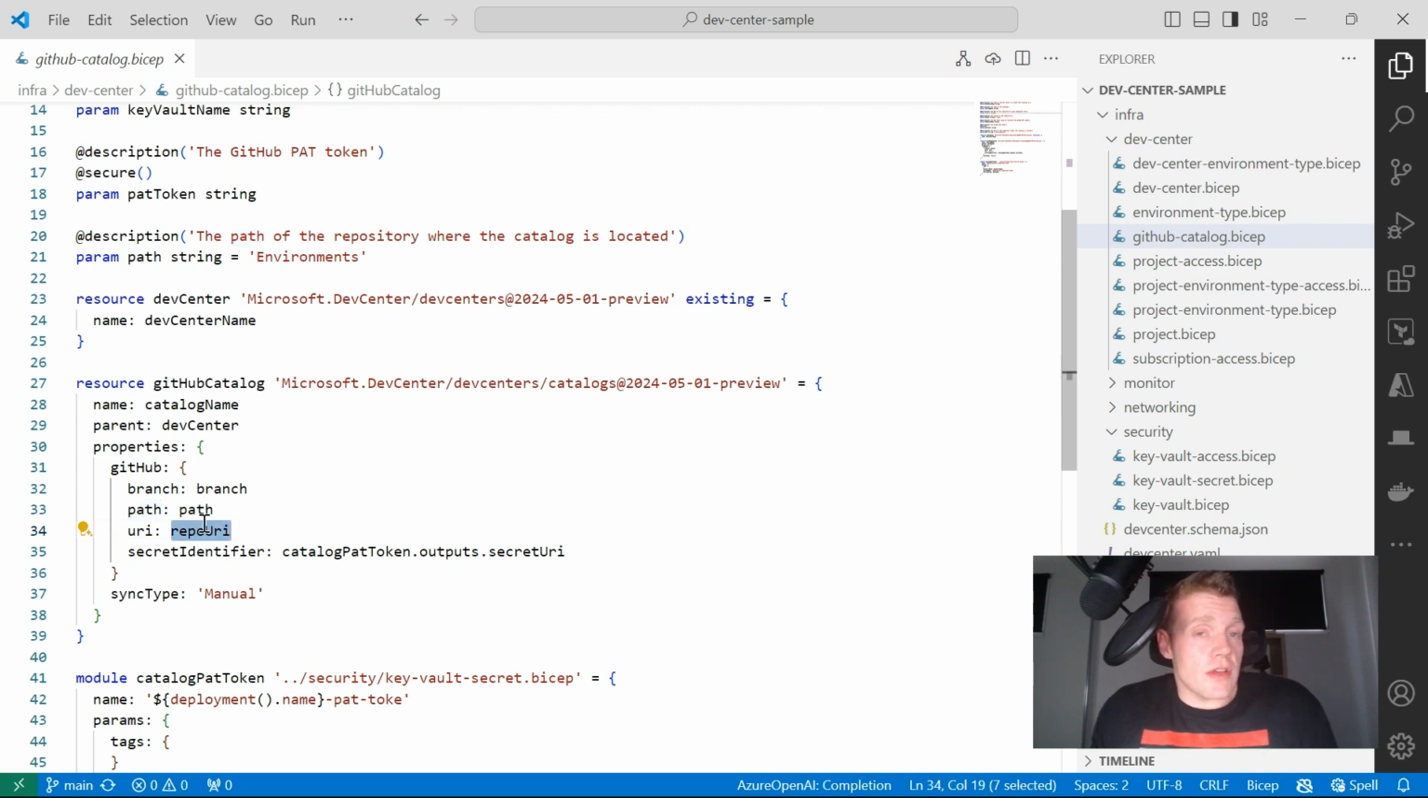The URI, so the actual repository that's hosted on GitHub, and also a secret identifier. So in order to authenticate or add a catalog from either Azure Repos or GitHub, you can use, for Azure Repos, a managed service identity or a PAT token. And for GitHub, you can use the Dev Center application within GitHub, or you can use a PAT token as